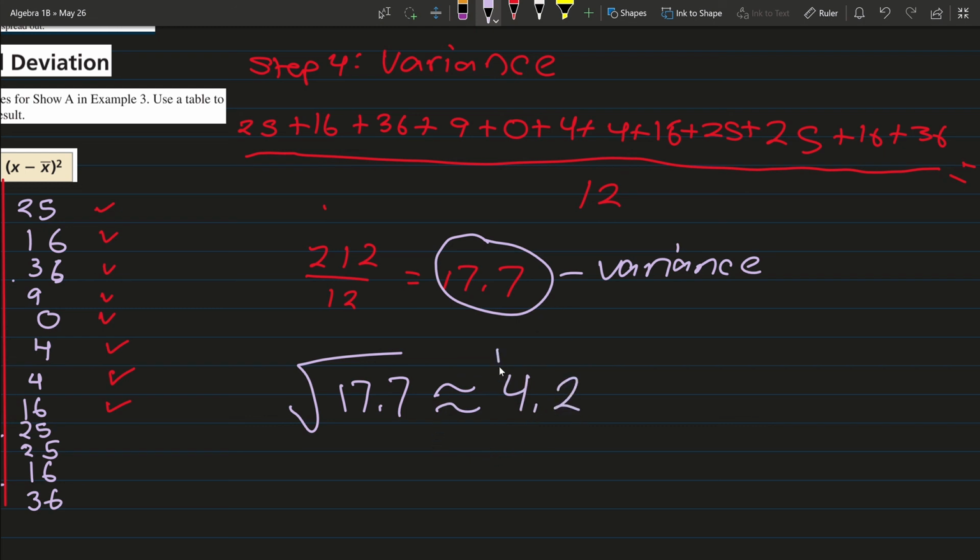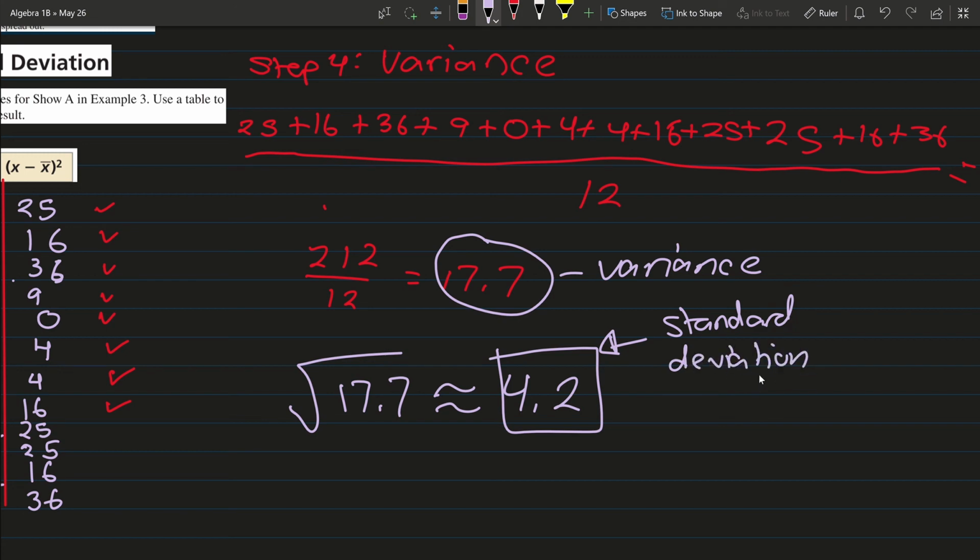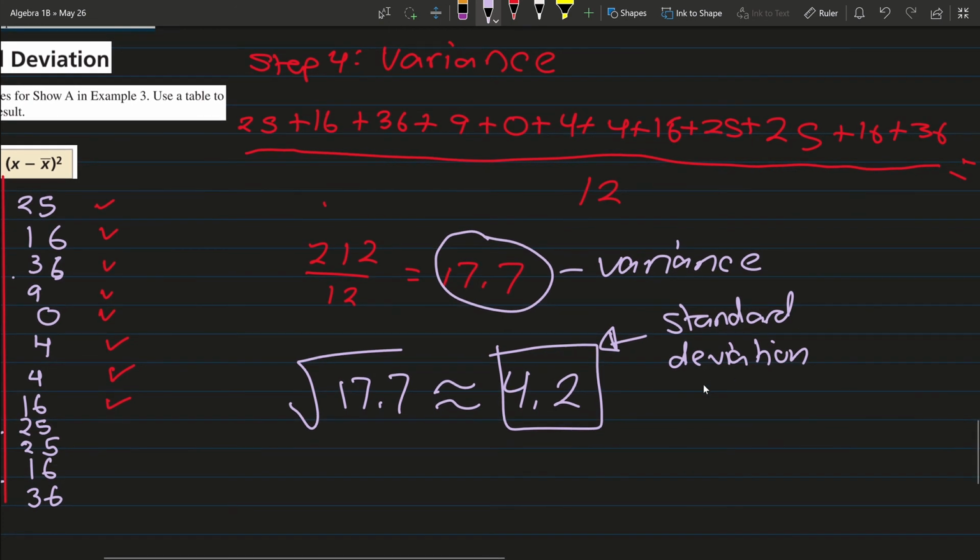And our standard deviation is 4.2. And this means that the typical age of each contestant on show A differs from the mean by about 4.2